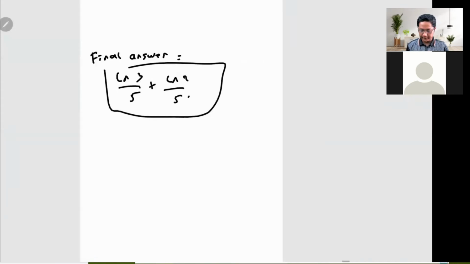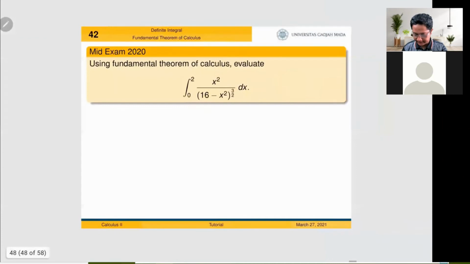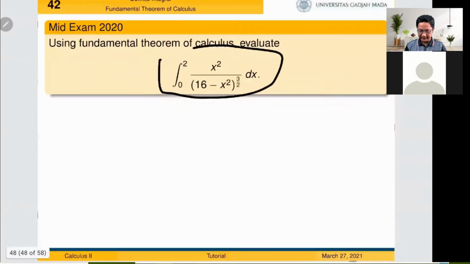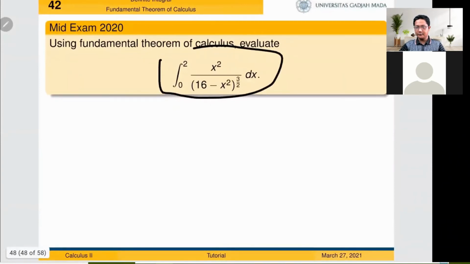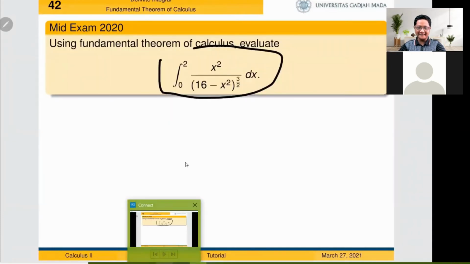Okay. And the next one is this definite integral. I almost ran out of time. Only 12 minutes left. So bad. Must be faster. Any question up to now? No? If you keep silent, I don't know. Are you really trying to follow me or not?